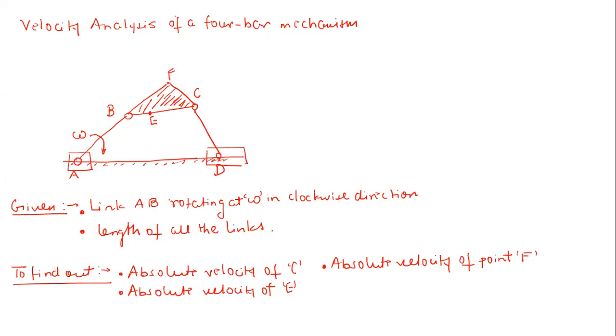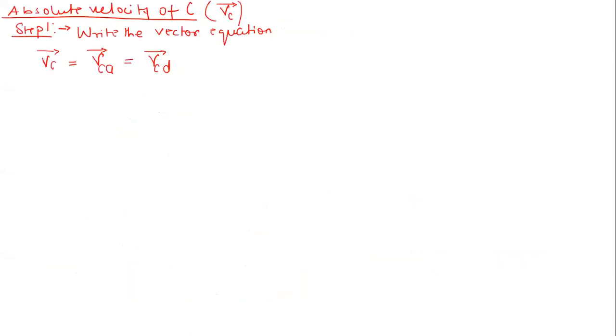Very good. Now, the next thing we have to consider while writing down this vector equation is the things which are given to us. If we talk of this VCD, nothing is provided, so we cannot come to any conclusion. But if we talk of this, at least we know the velocity of this point B. Right now, you simply write down the equation that VCA vector is the velocity of C with respect to B plus the velocity of B with respect to A.